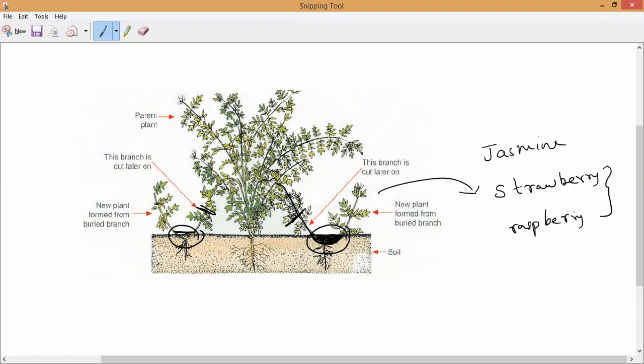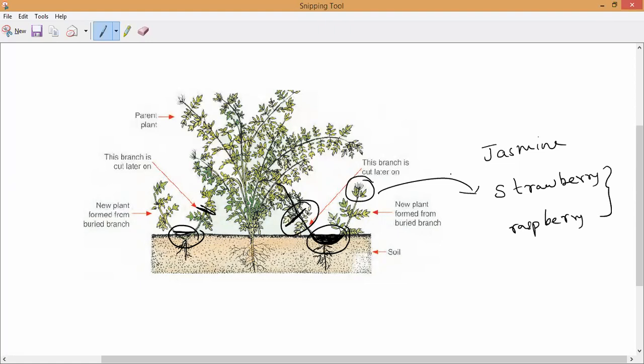So in all this layering, what we have to remember is that we are not separating from the parent plant. We are just pulling some branches towards the ground and covering them with moist soil so that they start growing into a new plant. And you have to remember, the other end must be exposed to the normal air so that it will grow and get the roots. Once it gets proper roots, we have to detach it from the main plant and cultivate it as a new plant. That is what you have to remember. Is it okay, everybody?